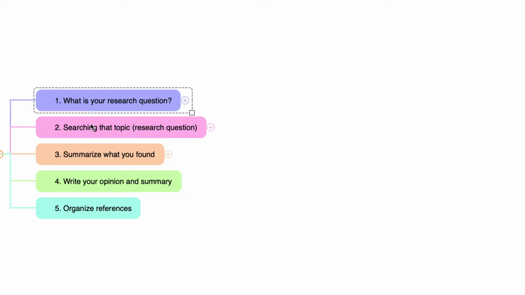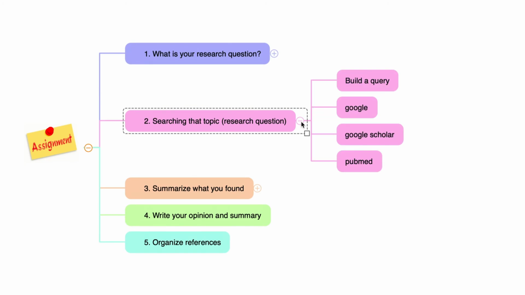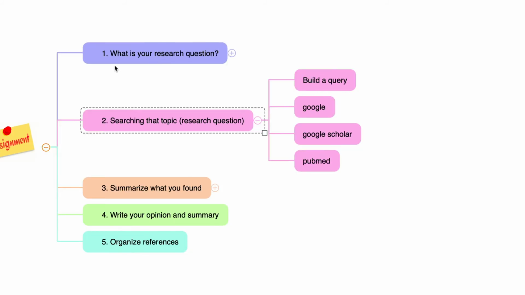Second step is searching that topic. Topic here means research question. To search, first you need to build the query. And we spent a lot of time to learn how to build a query, especially for PubMed. Usually you will start from these three search engines: Google, Google Scholar, and PubMed. Let's set our hypothetical research question: